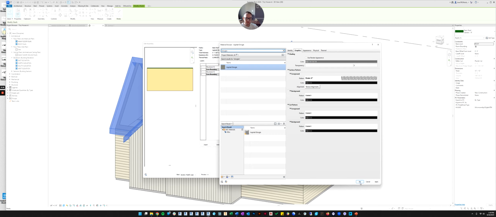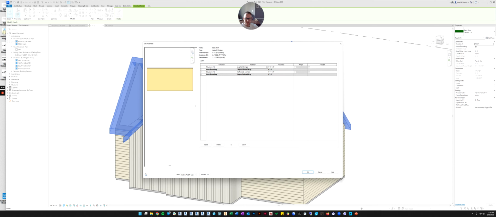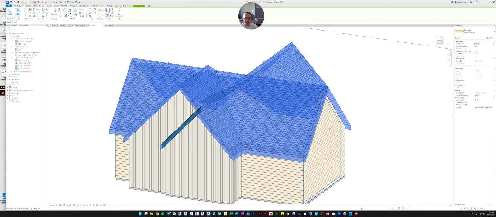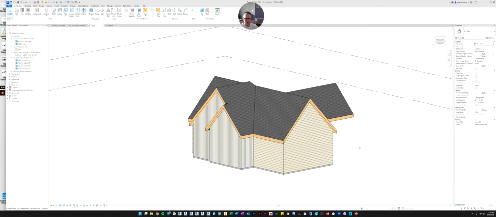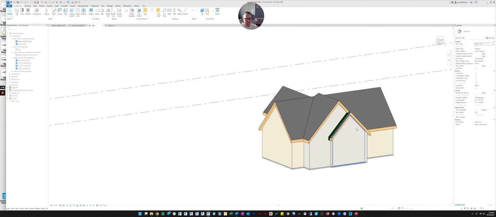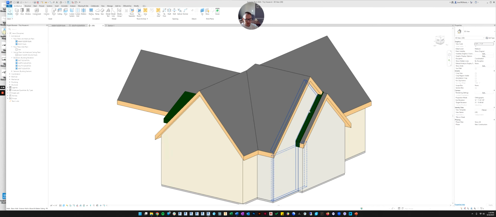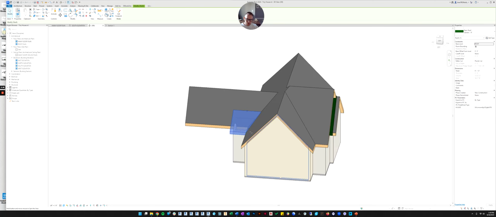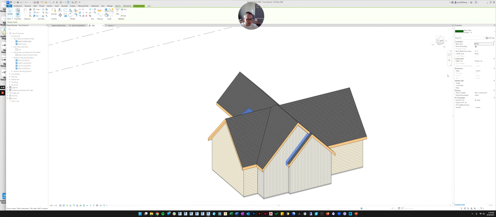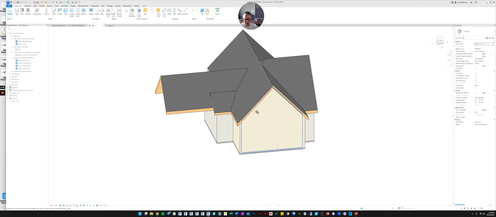All right, now we've made our new material. We'll assign that new material to our new wall. We'll click OK and OK. Or sorry, not wall. We were making a roof. And then those shingles get applied to our roof. And then we need to remember to change these two other roofs that we created to the same type, so asphalt shingles.